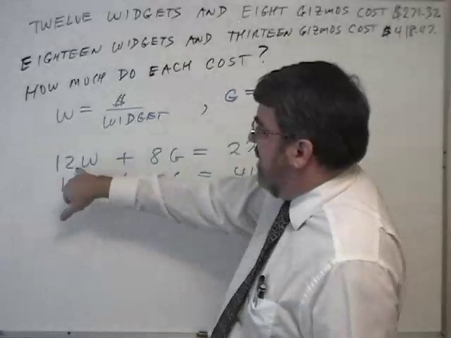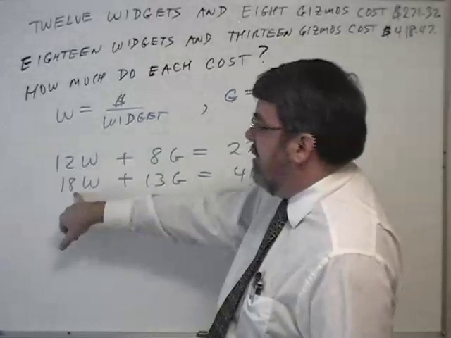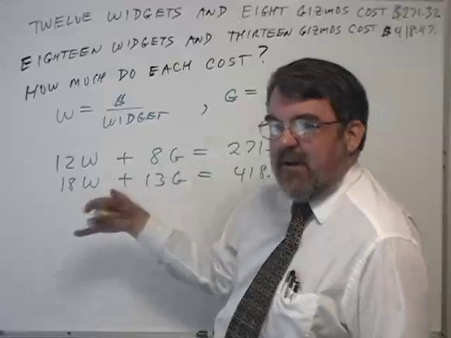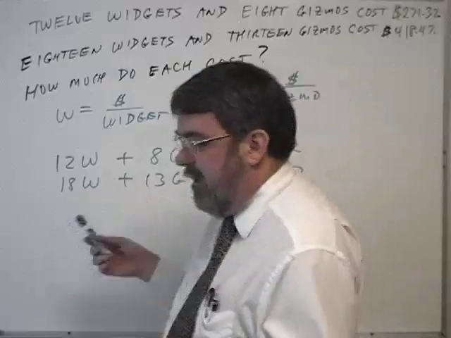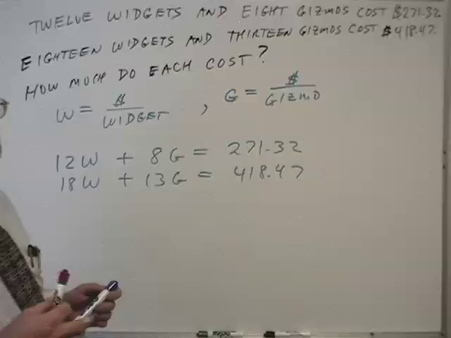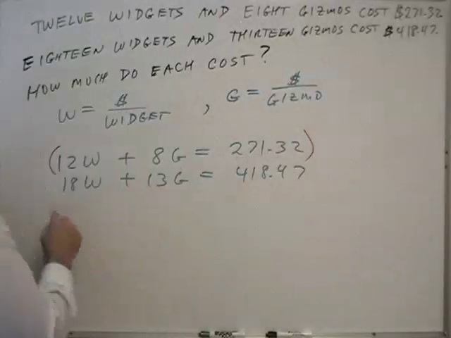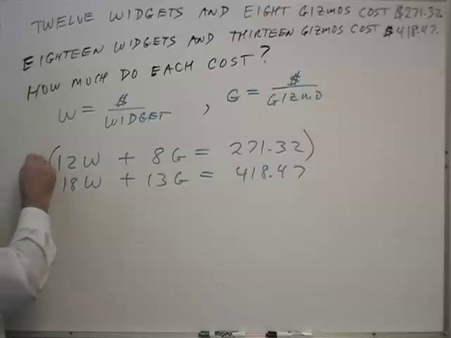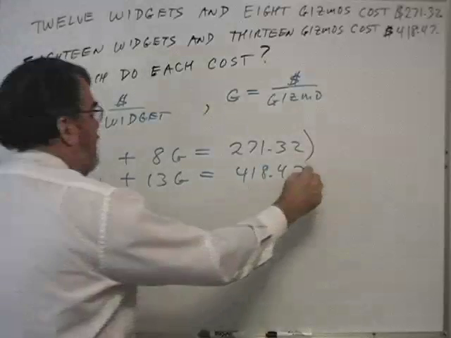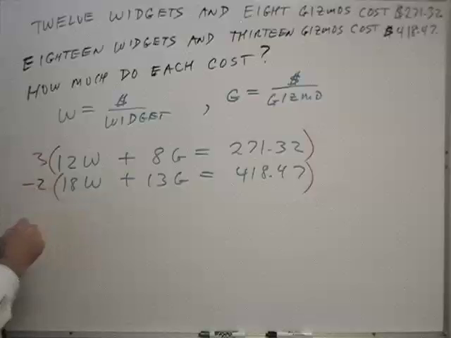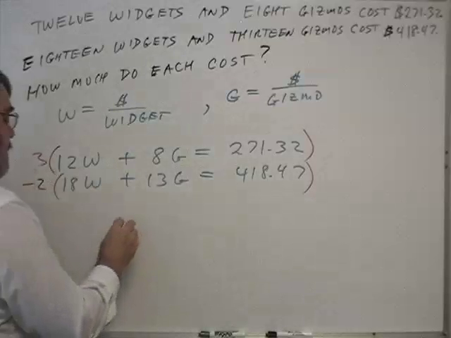So if I multiply this times 3, I get 36w. Multiply that times negative 2, I'll get negative 36. So that's why I choose to eliminate the w's here in this equation. So let's multiply this by 3, and the second equation by negative 2. And this gives us 36w